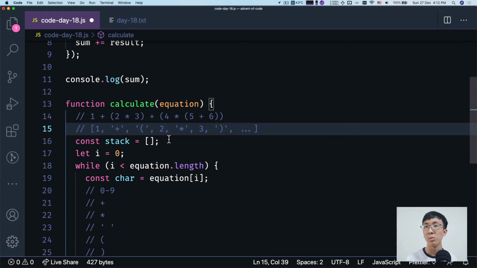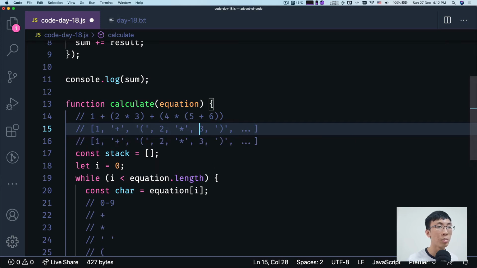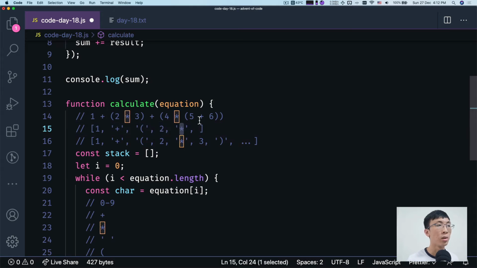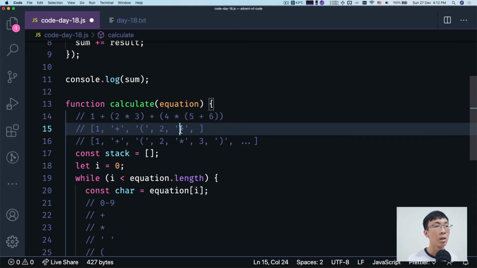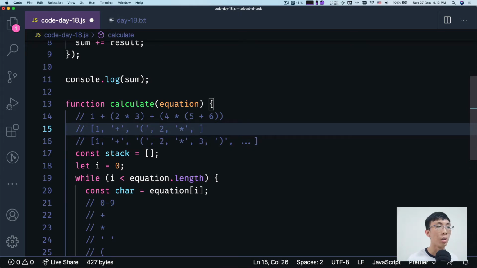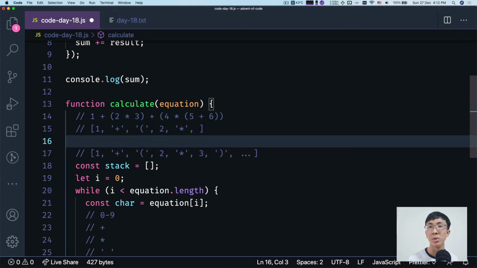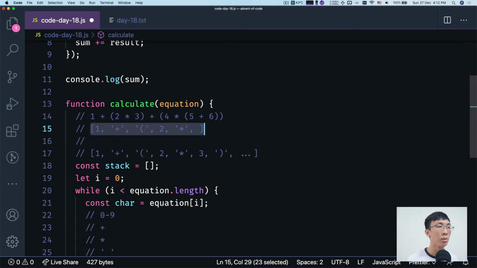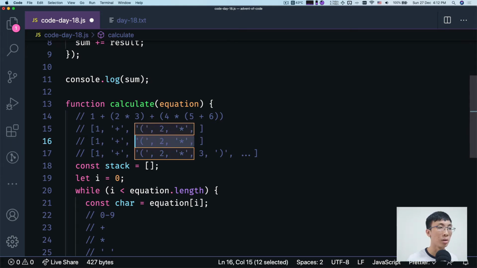So as you can see, in the process we remove the space, and while we are pushing in the numbers, for example, right before I'm pushing in 3, I'll see that as long as the top of the stack is plus or multiply, I will take out two items and evaluate them, right? So I will evaluate 2 times 3, and that will result in 6. Then I'll push in 6 over here,